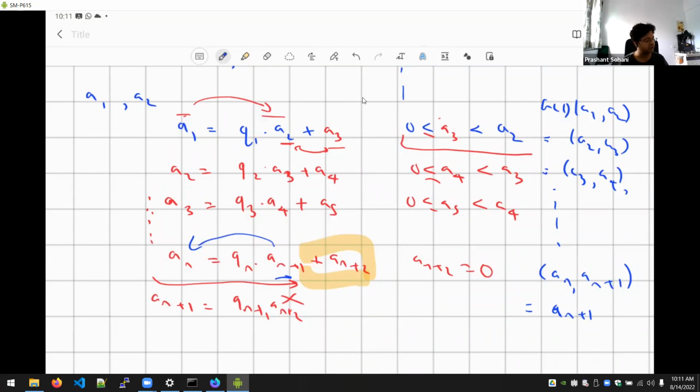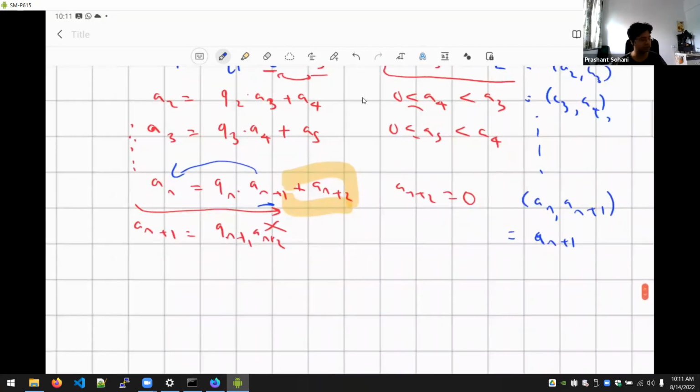So the same idea can actually be used to figure out the coefficients of the numbers that generate the GCD through a linear combination. What Bezout's theorem tells us is that if the GCD of two numbers is d, then there exist some integers x and y such that d can be written as a linear combination, ax plus by. But that was only existence. It never gives a way to actually find x and y.